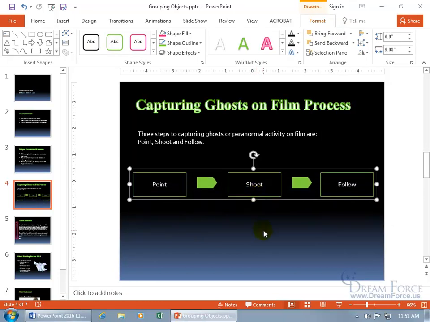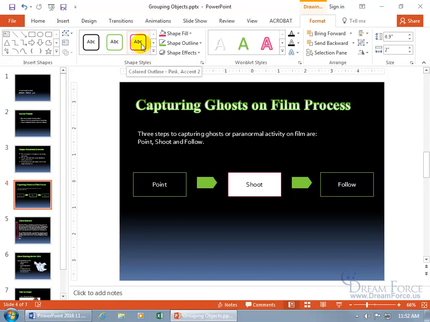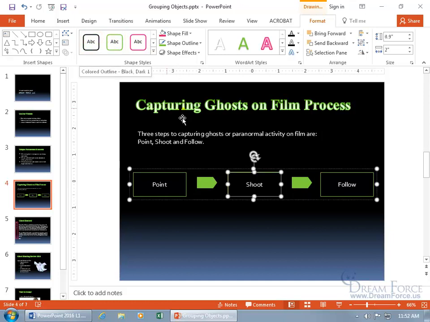Now, if you decide that you don't want them grouped because you want to work on one shape within the group, well, you don't have to ungroup to work on that one shape. So for example, if I click once to select, I'll just click on any one of them to select all of them. If I click on one individual, then it focuses on that. So I can go ahead, like on the Format tab, to the Shape Styles group, and apply formatting. Whatever works for you. And so that could be individually picked out from the group and won't affect the rest of the group,